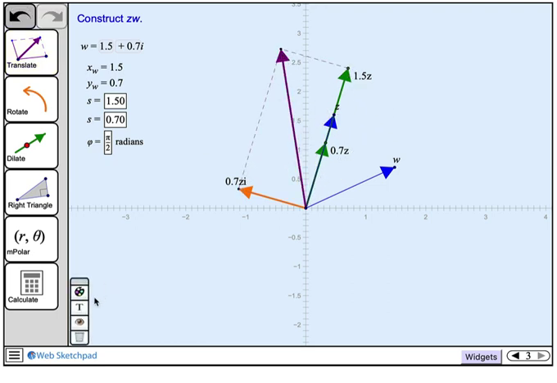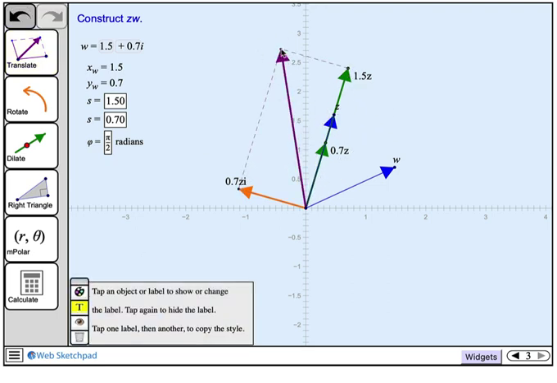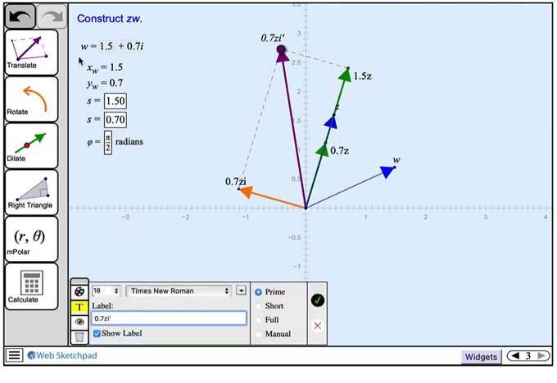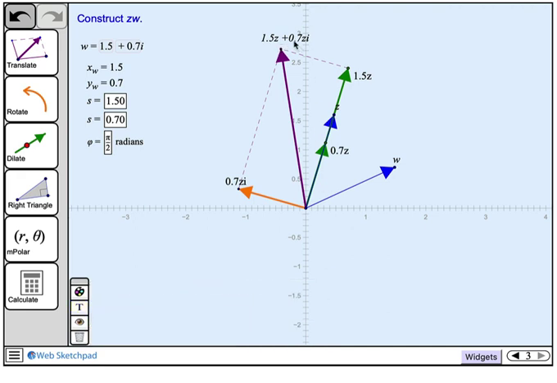And here, voila, we have the result, all done geometrically. So we have 1.5Z plus 0.7Zi. And as before, if you look in the blog post itself,